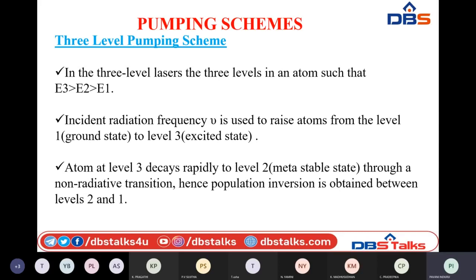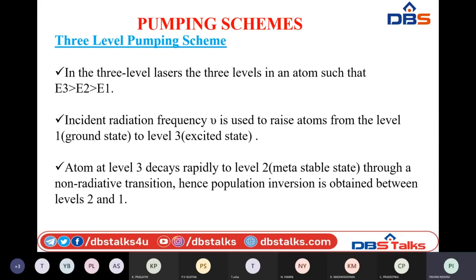But the disadvantage of the 2-level pumping scheme is that whenever we raise the number of atoms from the ground level to the upper level, the lifetime of the upper level is very short. That is why they immediately fall back to the ground state. Now, the population inversion and stimulated emission will take much time to happen. Why? Because all the atoms present in the upper level fall back immediately, so it becomes empty. So there is no chance of achieving population inversion again. We have to wait for some more time in order to raise the atoms from the ground level to upper energy states. Understood?